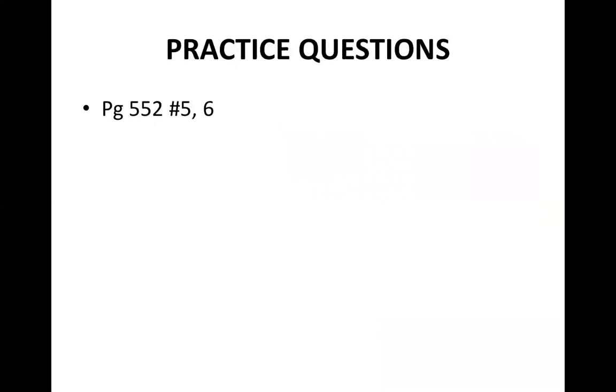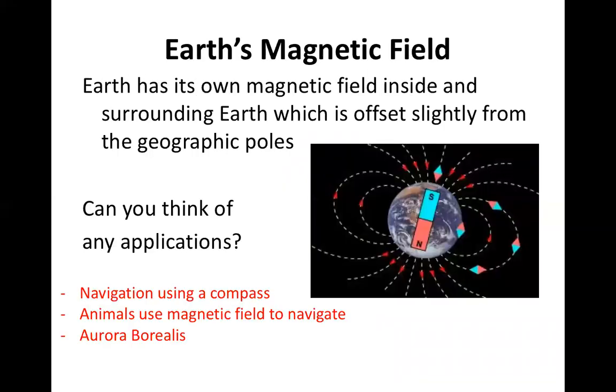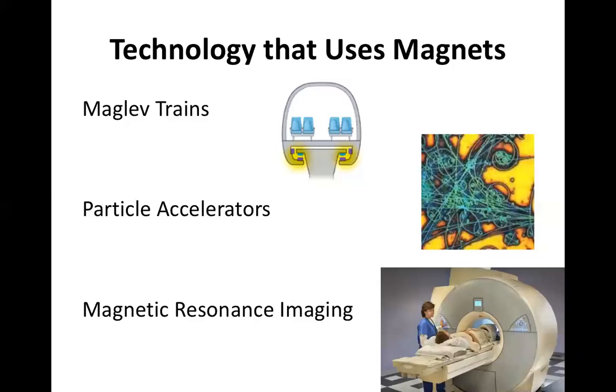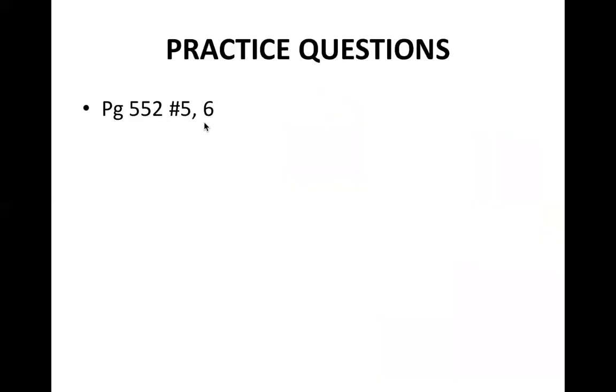So your practice questions, you only have 2 practice questions, but I really recommend that you read the textbook, pages 548 to 552, especially to read about each of these technologies and write a little blurb about each one of them, because you may be assessed on the technologies that use magnets or the applications of Earth's magnetic fields. So it's only 2 questions, but there are several parts to the questions for page 552, 5 and 6. I just want to take a look at it and